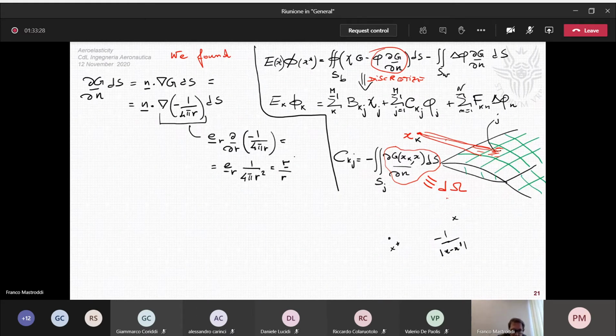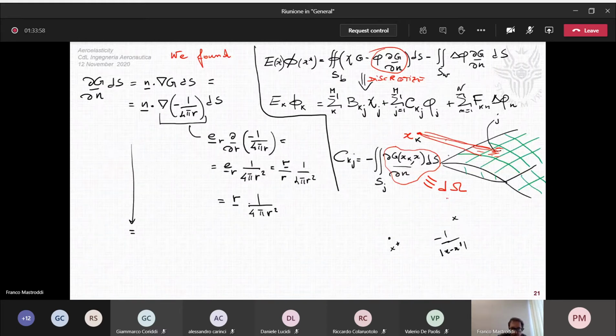This is the unit vector, and therefore you have 1 on 4 pi r squared, and therefore the gradient is equal to the vector r by 1 on 4 pi r to the power 3. This is the gradient, and therefore